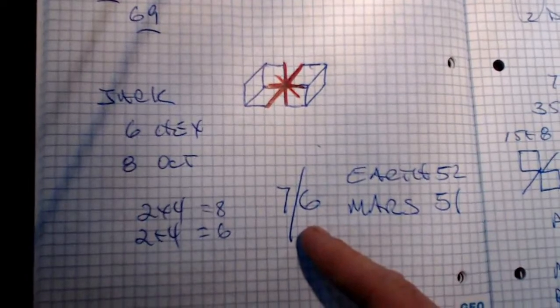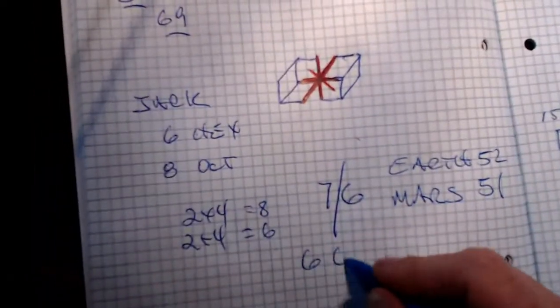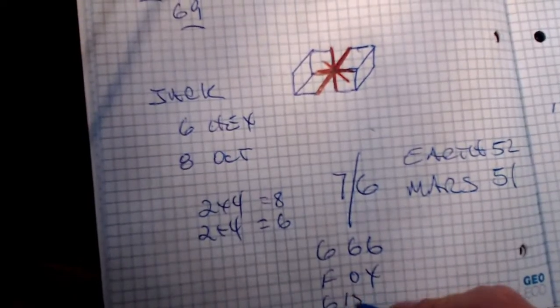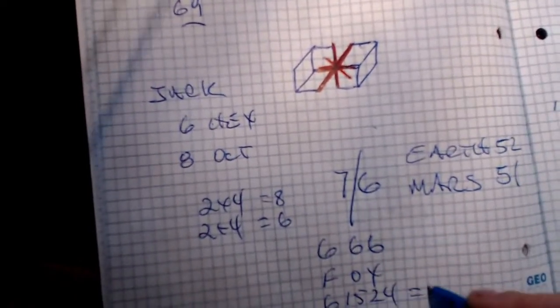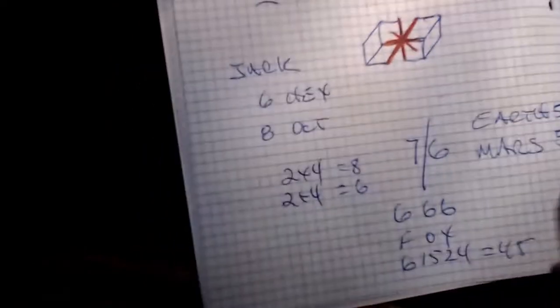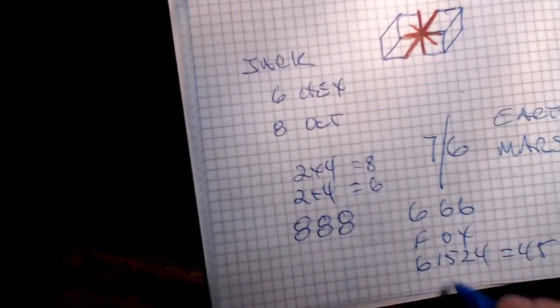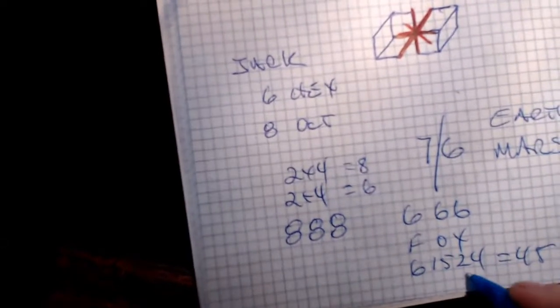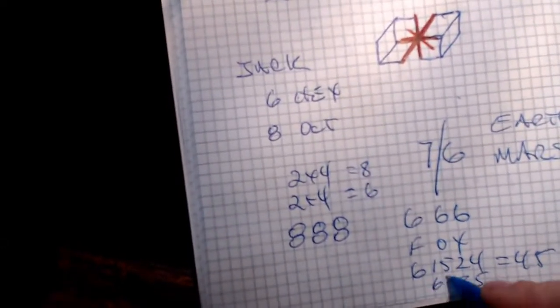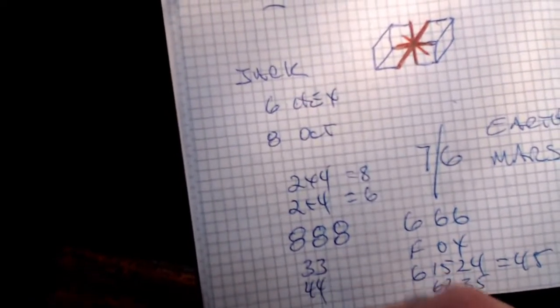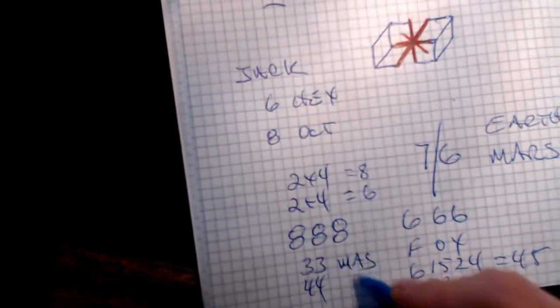In the spirit of 76, I already know that 666 or FOX as the 6th letter, the 15th letter, and the 24th letter equaling to 45 is the invert cube to what is 8, 8, 8. To what is 6, 15, and 24 is 3 and 5, 8 is 6 and 2, 8 to what is 3 and 3, 6 and 4 and 4. Mass,